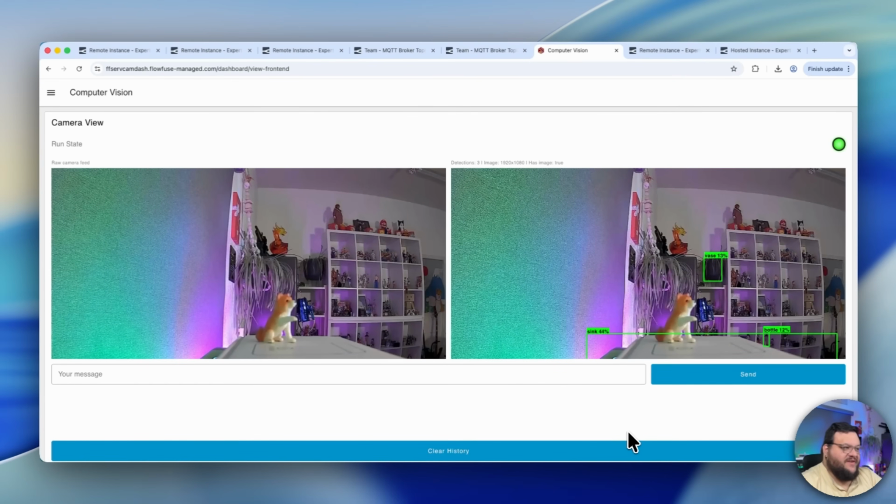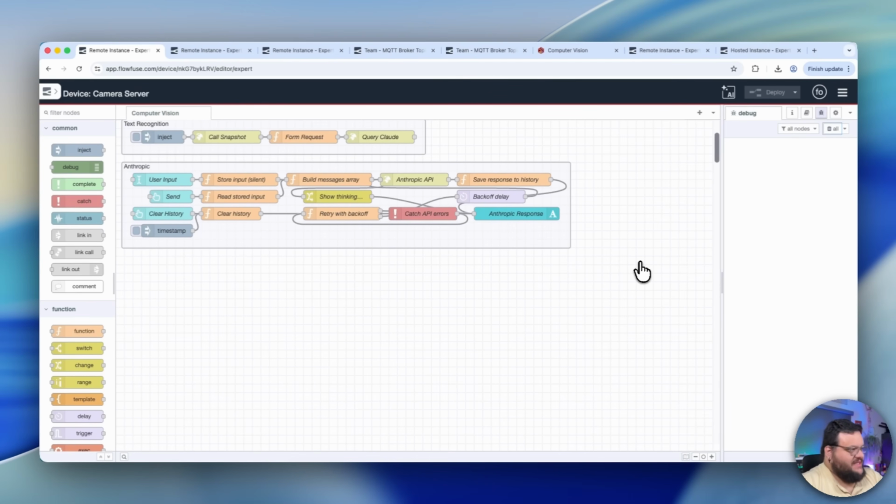Now, not only are we generating this image, we can actually ask questions about it. And the way that this works is like this. We have our user input that is taking the text from our dashboard and is storing that input as a silent flow context. We're then reading that flow context using a send button. This allows us to wait until the question is actually completed before we use the build messages array to send